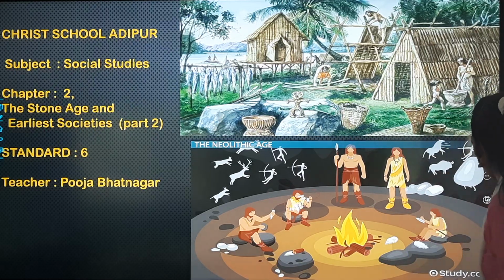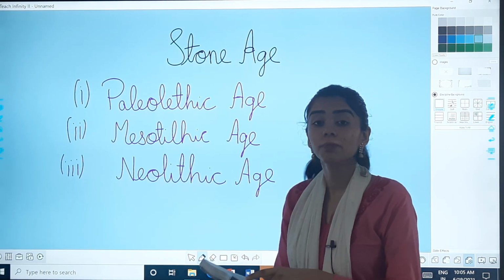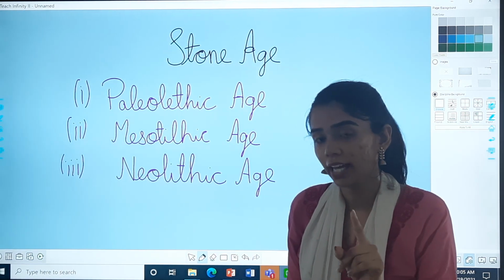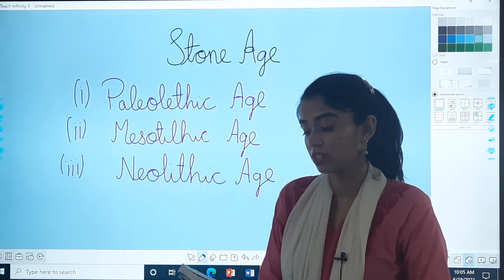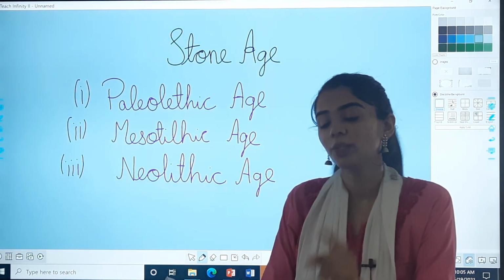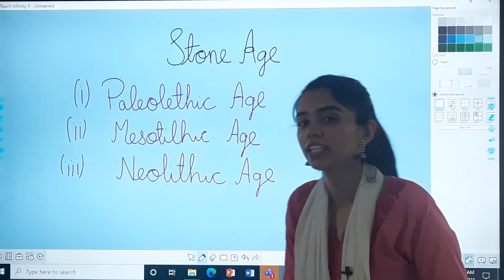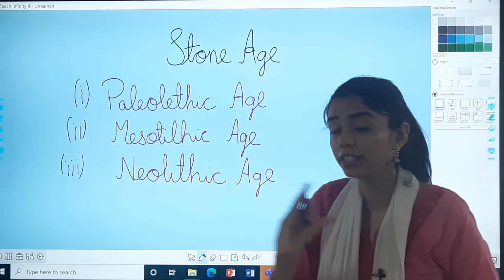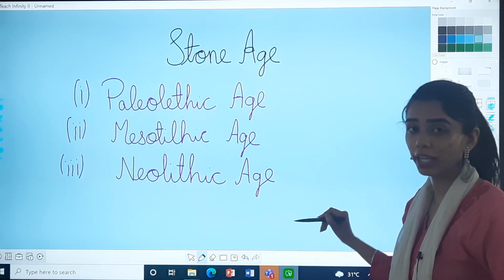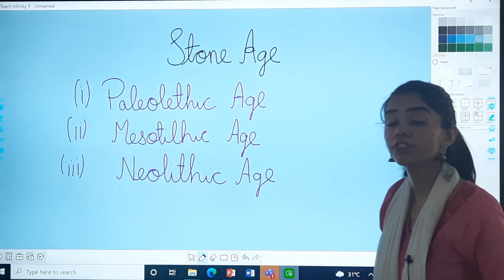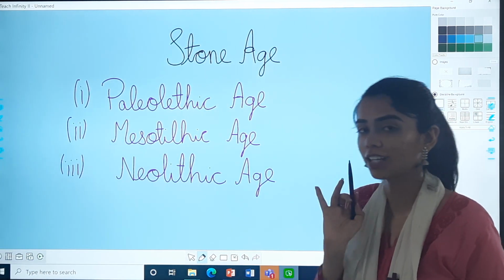Now, the topic that we are starting today is about what? It is about the classification. That is, Stone Age is classified into 3 sub-periods. On the basis of what? On the basis of the type and the quality of the stone tools. यानी कि जो stone की tools बनाए different होने, उसकी quality के according 3 ages में divided. Okay? If we talk about the first one, that is the Paleolithic age that we are going to discuss today.